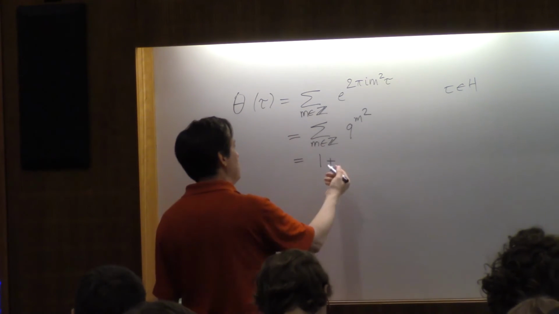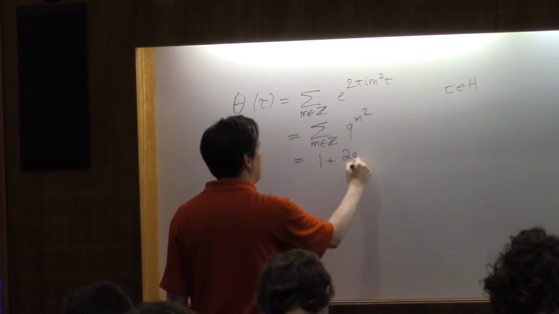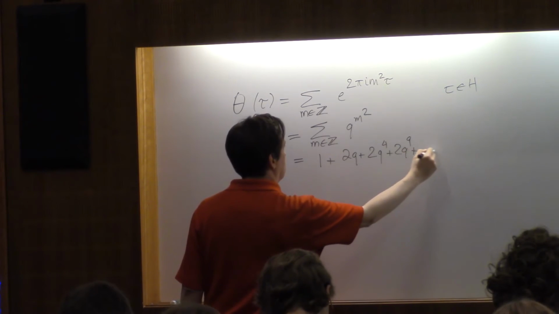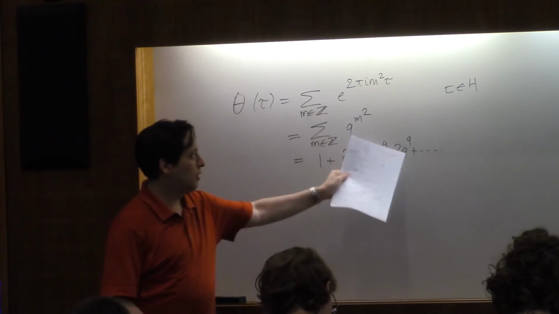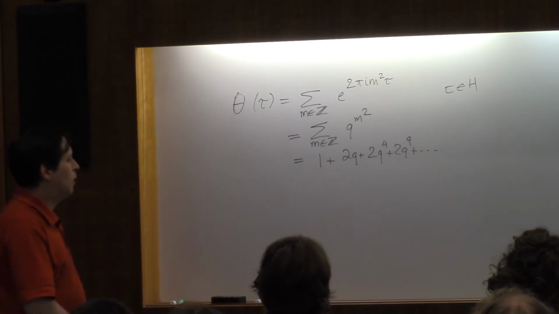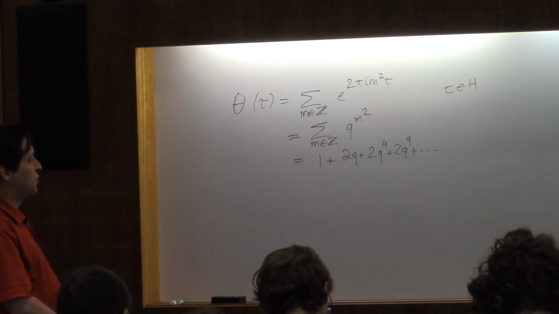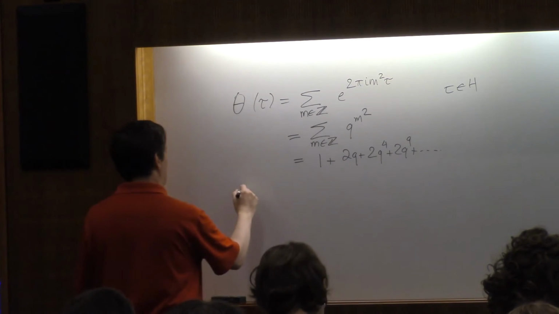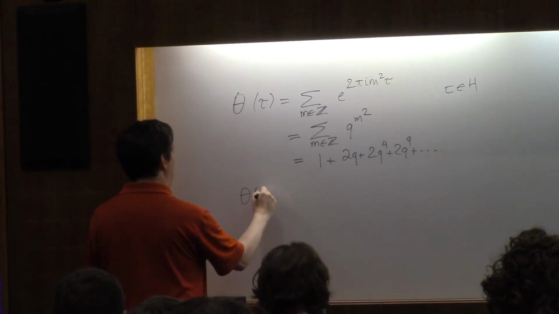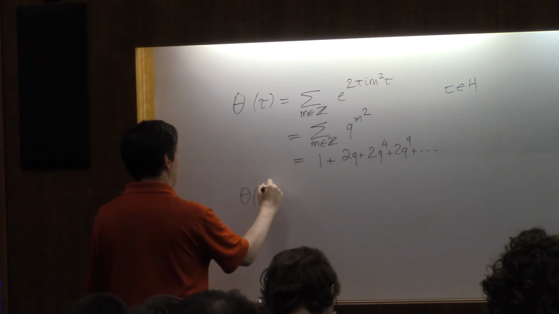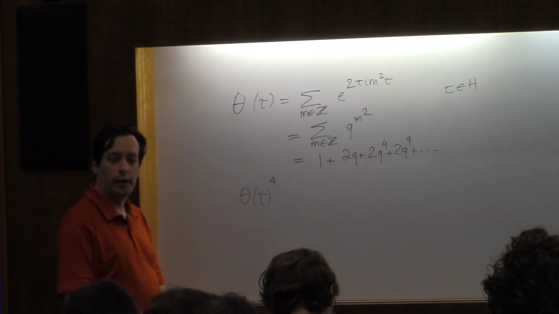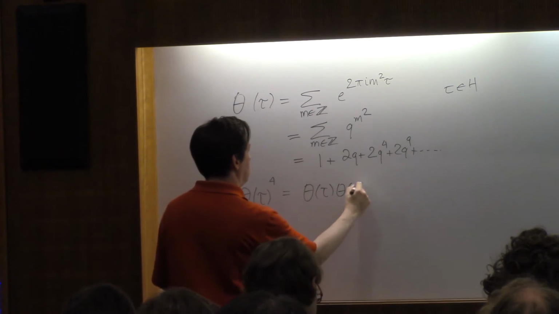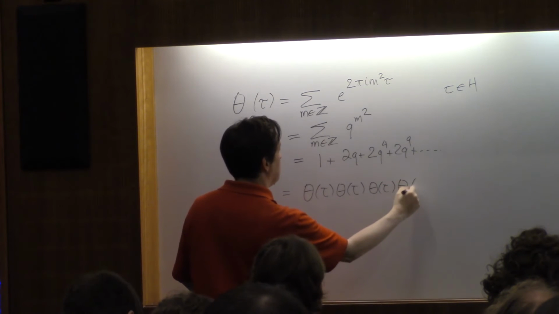So if you're summing over all integers, n equals 0 is 1, but then you get 2q to the 1, 2q to the 4, 2q to the 9, and so on. So don't confuse the q's with the 9s. They're clearly different from each other. So this is a very boring power series. But you see, if you raise it to a power, say you raise it to the 4, why not? Let's just get right to the point. You're going to be multiplying this thing by itself, and so when you multiply everything out and the dust settles,